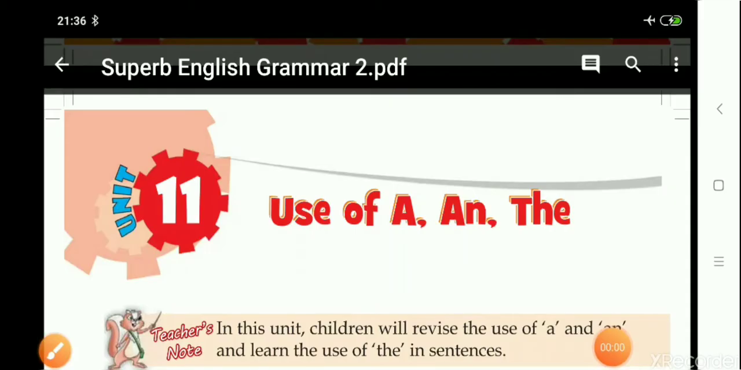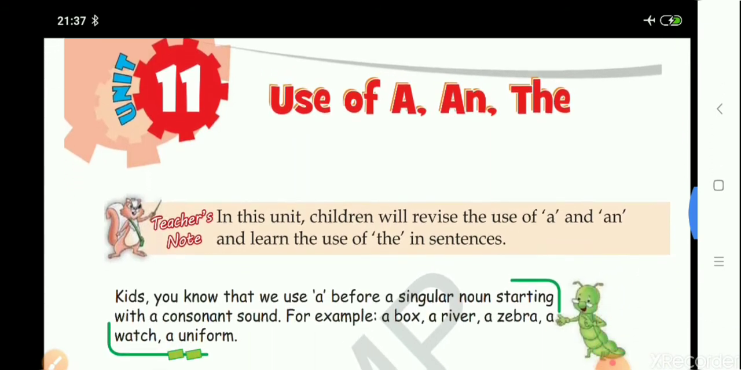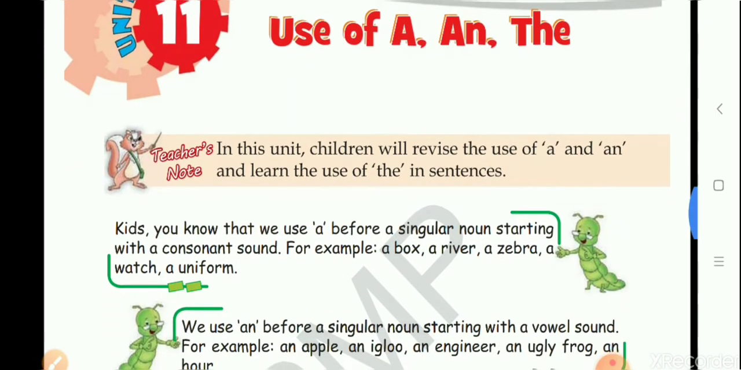Okay. So children, this is unit 11 of your superb English grammar book. And children, this is about use of a and the, which is called articles. Children, in this unit, you will learn to use a and the in the sentences. Now children, at the beginning of the video, I've explained to you about consonants and vowels, isn't it? I've told you that a